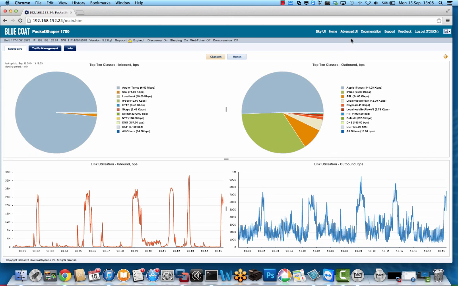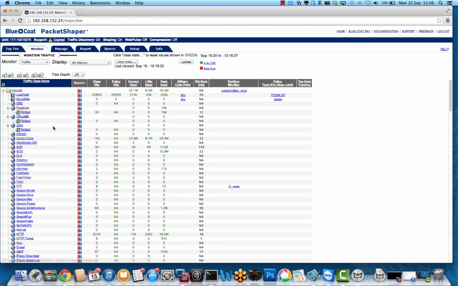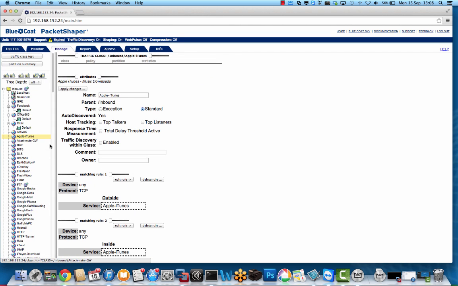per second. So if I go into the advanced GUI here and go to monitor, I can now see it's running at 24.8 meg per second, my 1 minute average and my peak flow. I can have a look at graphs over time, but before I do that, what I'm going to do is